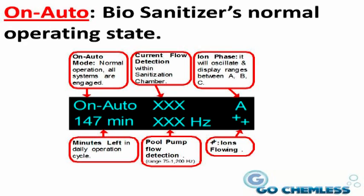The information displayed on this screen, from left to right. On the top line in the left-hand corner, you will see On Auto. This indicates normal operation and all systems are engaged. On the front upper left-hand corner of the controller unit, the LED light will oscillate between green and blue while